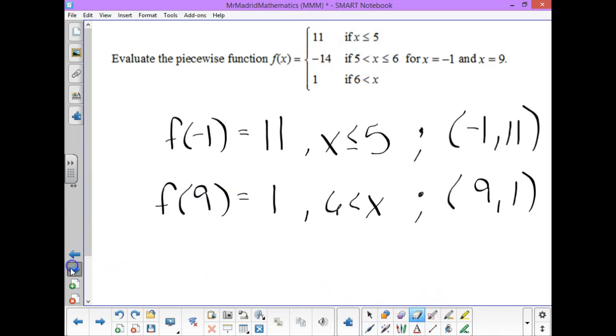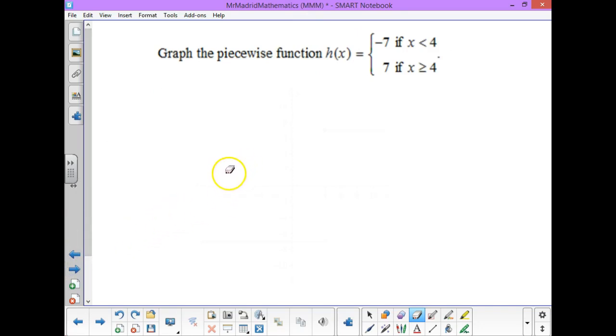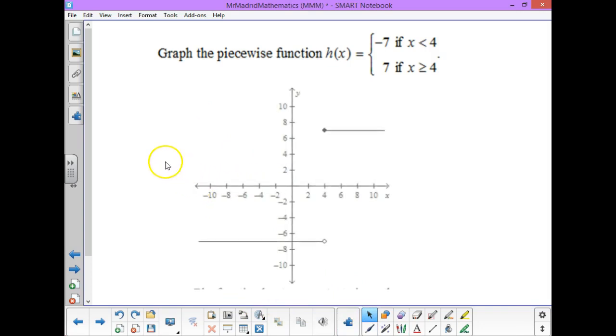Alright, what else we got here? Graph the piecewise function h of x. Just because we are on the topic of piecewise functions, here's your function and here's the 2 pieces. In terms of graphing, I think it's pretty straightforward. Here's what I came up with, and let's verify that it is consistent with this piecewise function. Notice that for x less than 4, for all x less than 4,